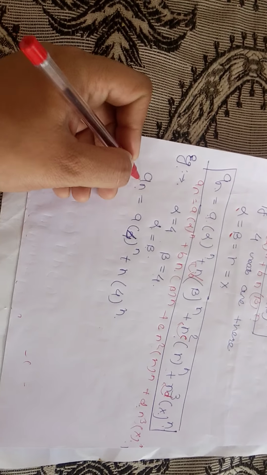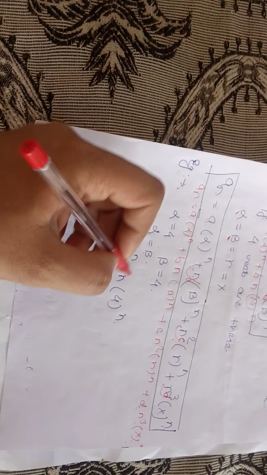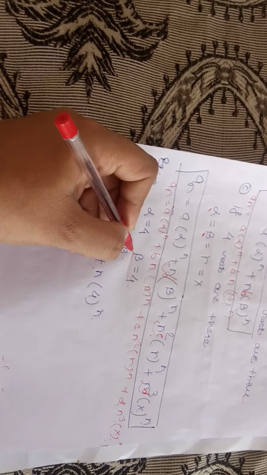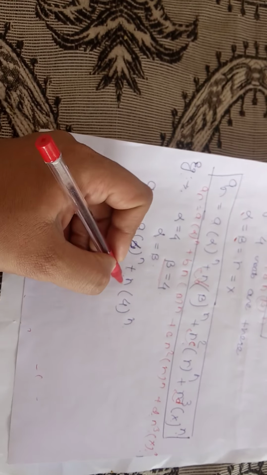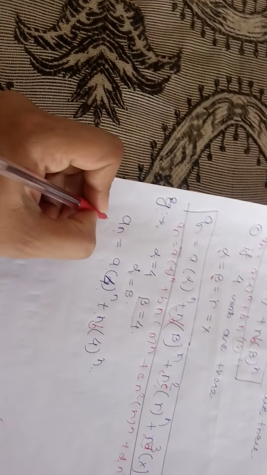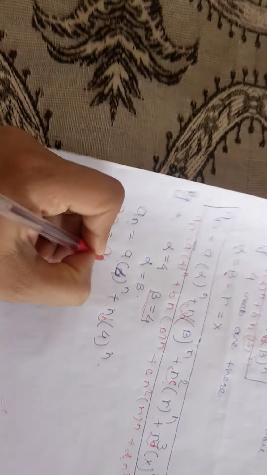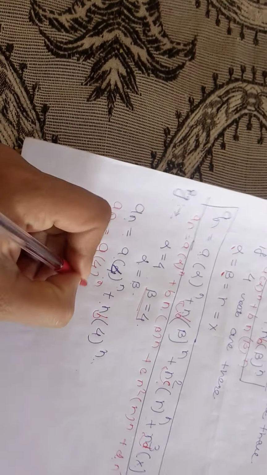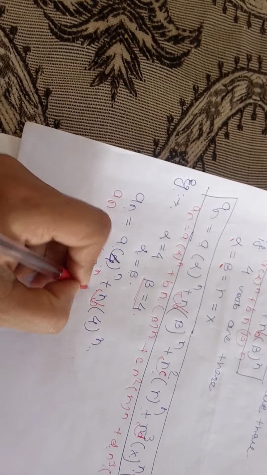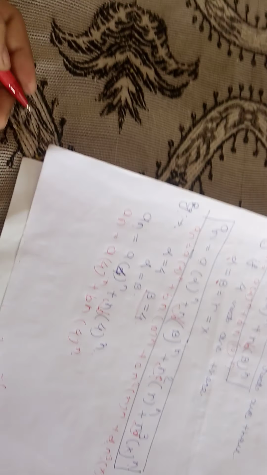This can be a of n is equal to a into 4 to the power n plus, this is my second term which is going to be repeated, so n into b into 4 to the power n. I can rewrite the equation as a of n is equal to a into 4 to the power n plus, taking b out here, b into n into 4 to the power n.